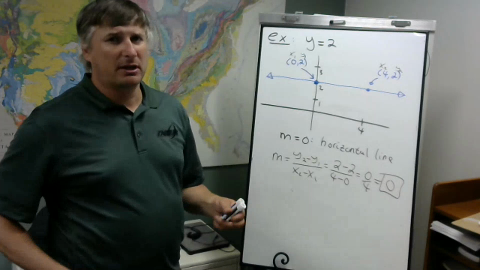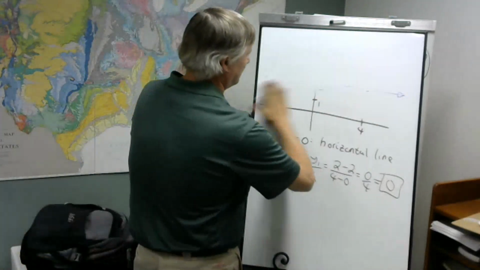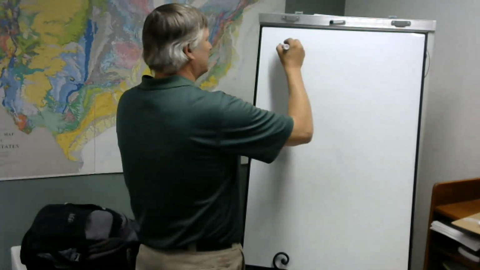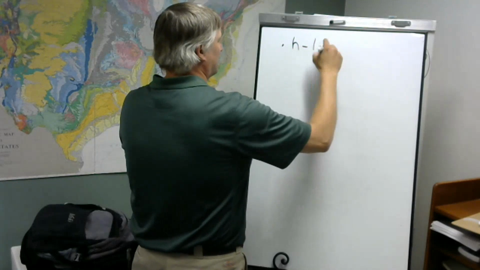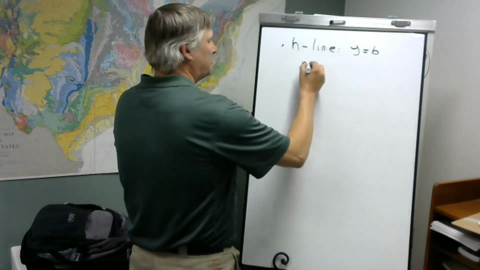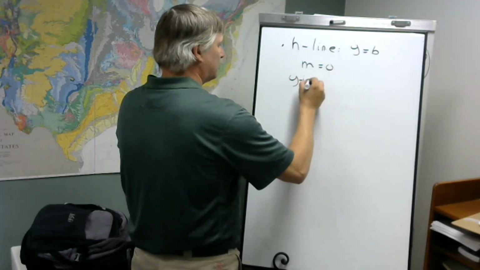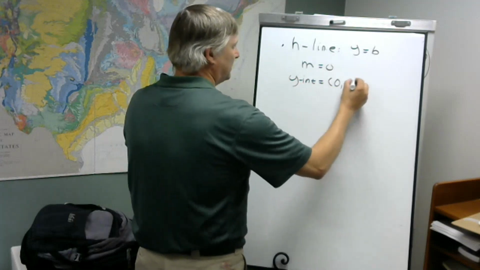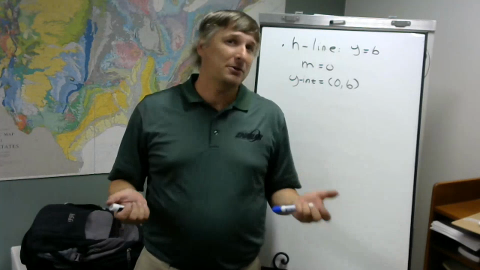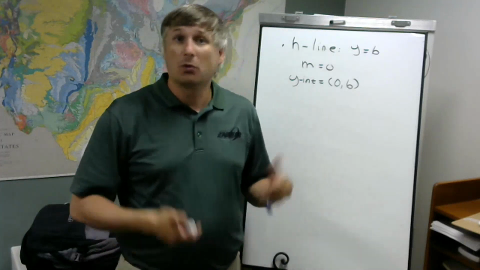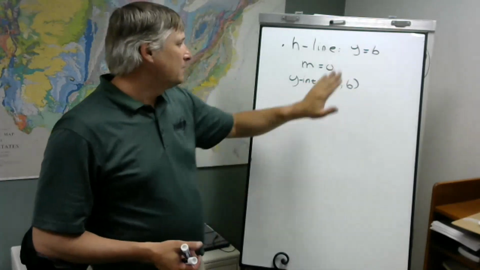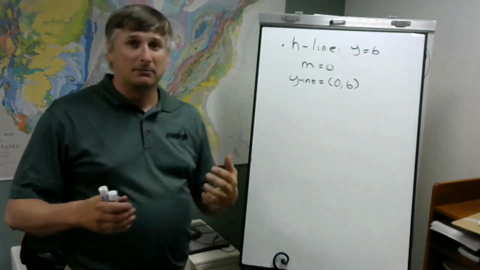Now, there's another kind of special line, and that's the vertical line. So just to summarize, for a horizontal line, I'll call it an H line, for, say, y equals b, the slope is 0, and the y-intercept is 0, comma b. Just like in that previous line for y equals 2, one of the points that line passed through was 0, comma 2 on the y-axis, or the y-intercept. So for y equals 2, 0, comma 2 was there. For y equals b, 0, comma b is there. Anyway, so for vertical lines,